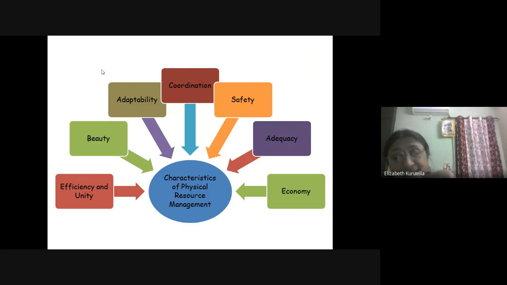And for ensuring adequacy, some points are there. The first one, the site and surroundings: whether the school is situated in a proper way, whether there is accessibility for all learners, whether the area is good. The second is the plan: how do we plan the building, the construction of the building, the design of construction. We know that in an Indian school setup, the majority of school buildings are L shaped or U shaped or O shaped or I shaped. These are the different shapes used in building construction.